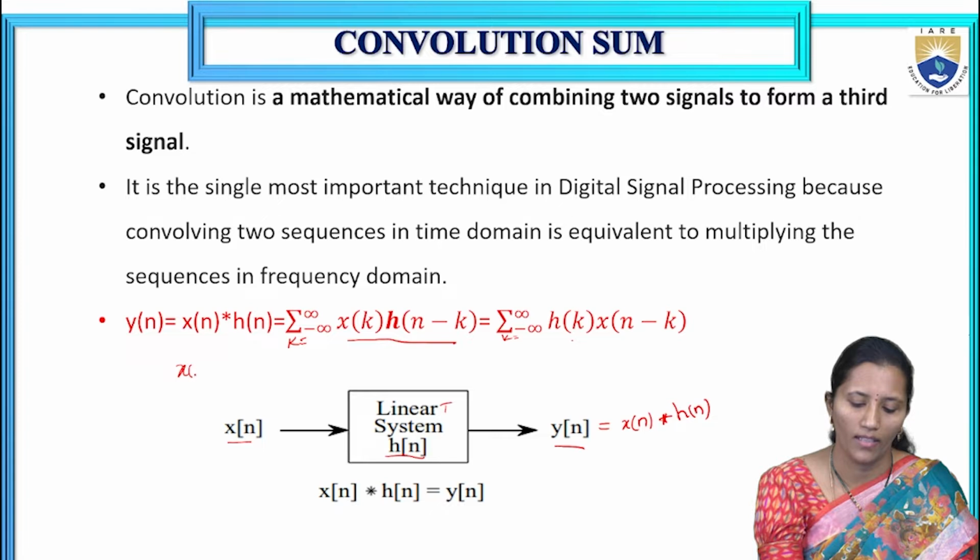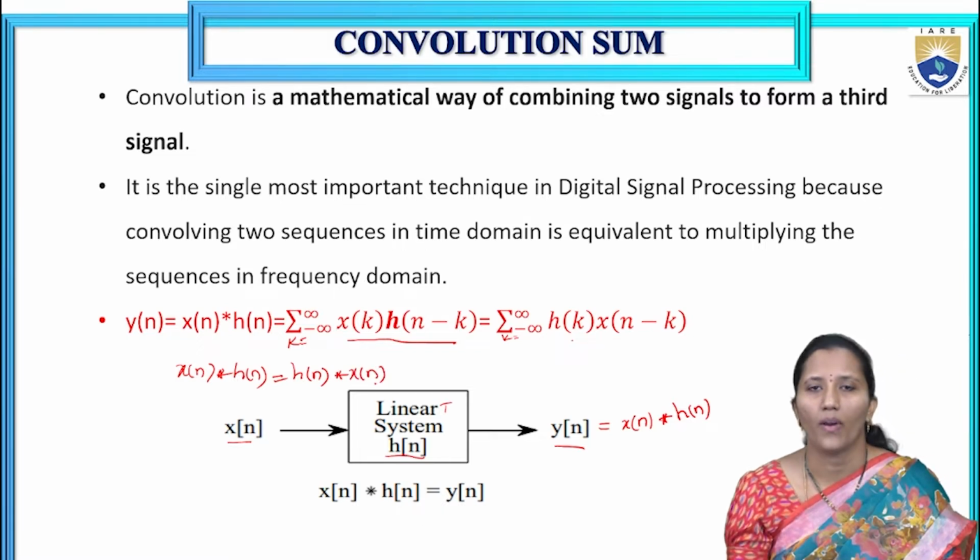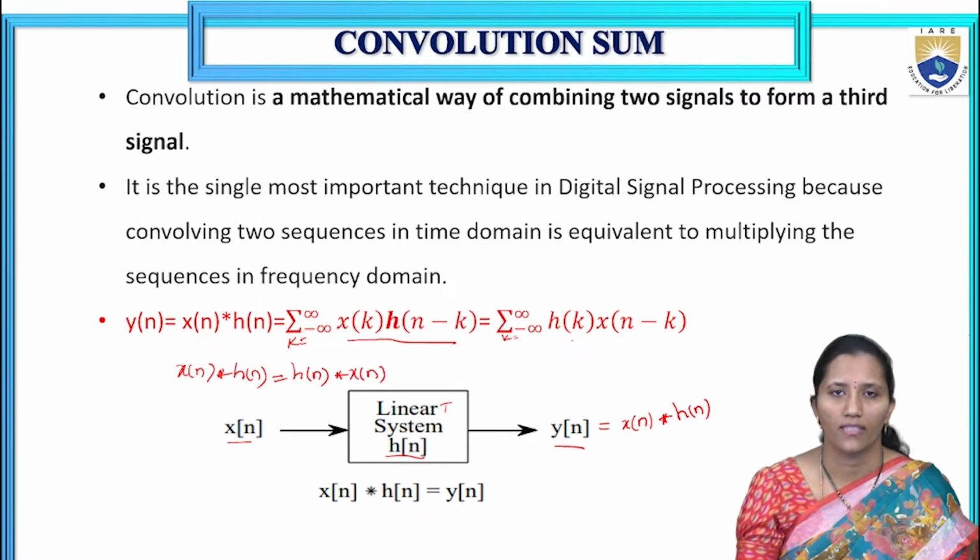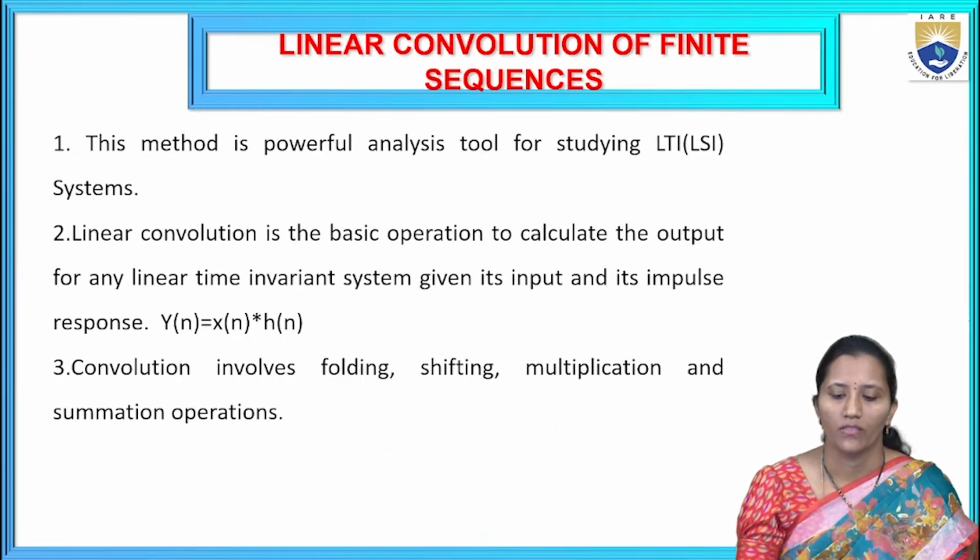So x of n convolved with h of n is equal to h of n convolved with x of n. So to find the response of an LTI system, we will go for convolution sum. If the input signal x of n and the impulse response of the LTI system h of n are given, then the output response is calculated as y of n is equal to x of n star h of n. So first of all, we will discuss the linear convolution